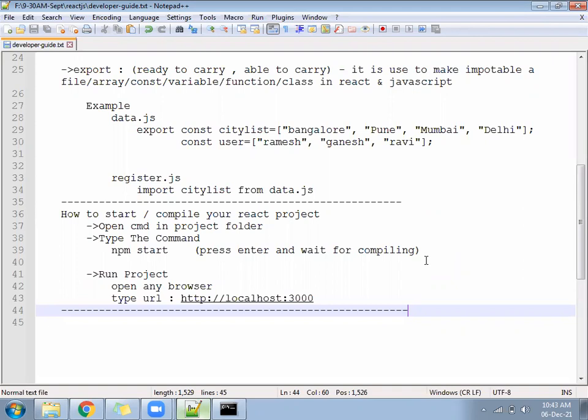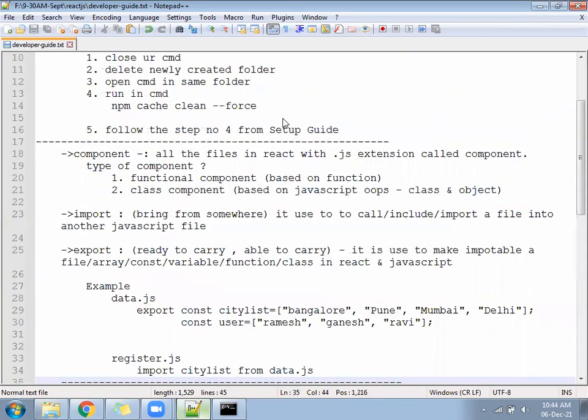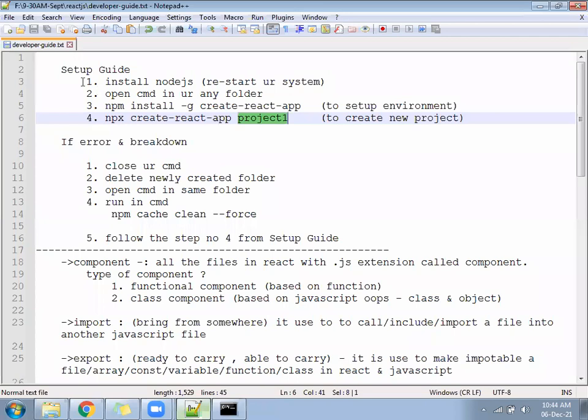Today after the class, whether your project setup is already working or not working, what you should do is this: here you have created a project named project 1. You will not follow all 3 steps again, you will follow only the last step, and you will create one more project called project 2.